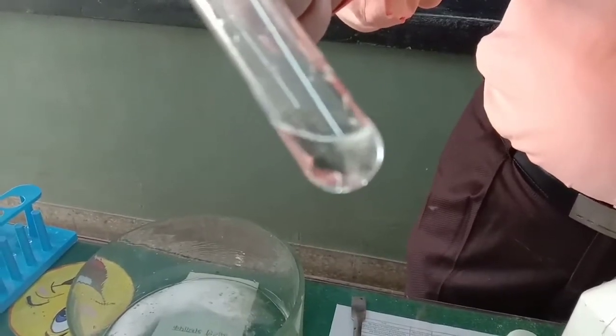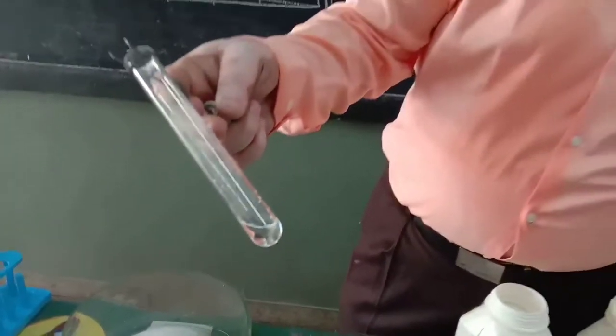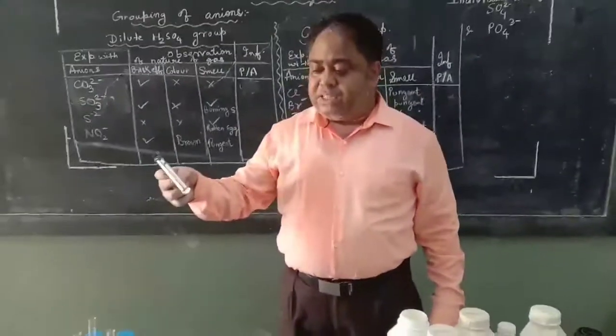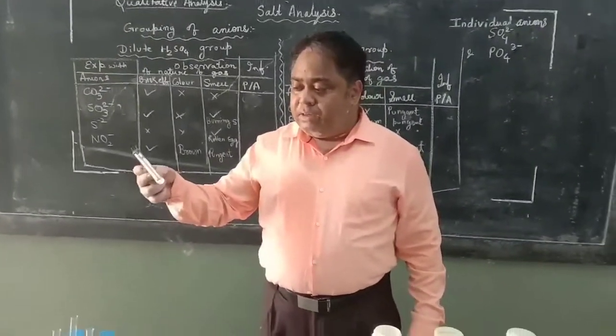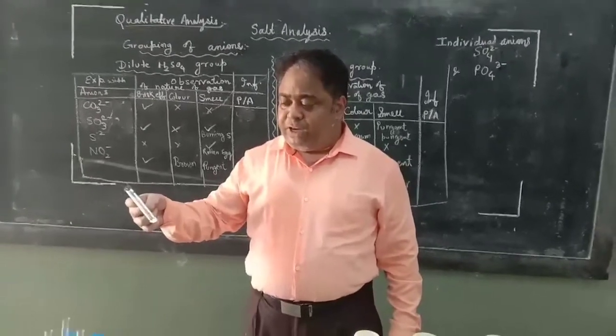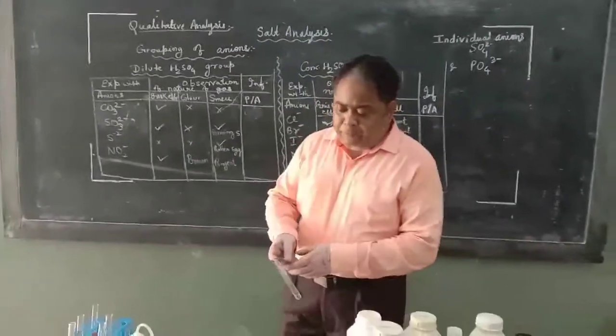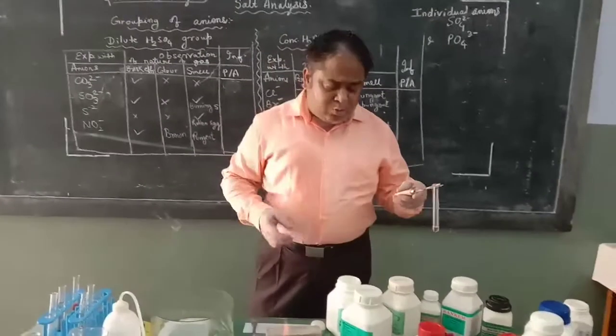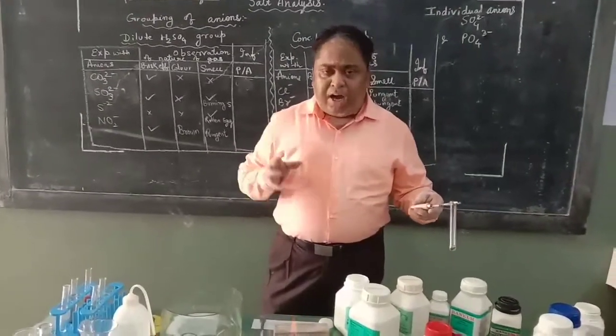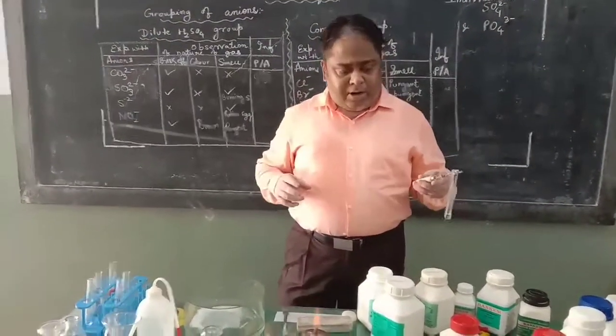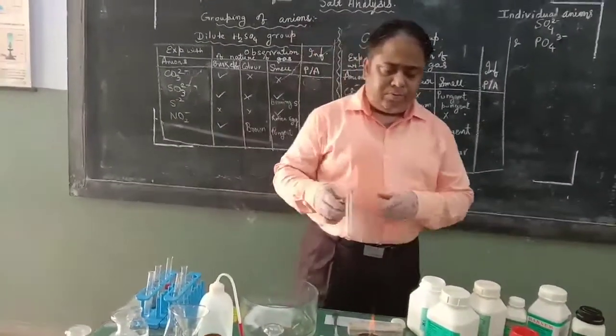Now see, the brisk effervescence has started. See, it is not boiling. You will see at the bottom the salt is forming the gas. Evaporation is a surface phenomenon. If bubbles form at the surface, you can call it boiling. But if the bubbles are forming at the bottom, that means it is brisk effervescence. Brisk effervescence is seen when concentrated H2SO4 is added and it is warmed a little bit. Why? Because the concentrated sulfuric acid which we use in school laboratories is actually not that concentrated, so we had to give a little bit of heat.